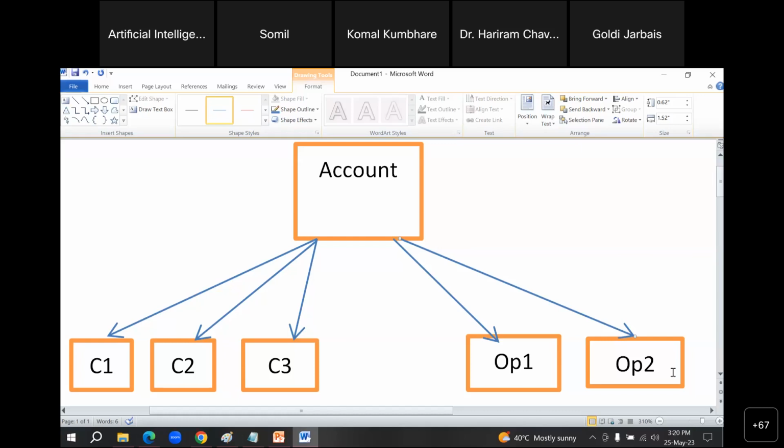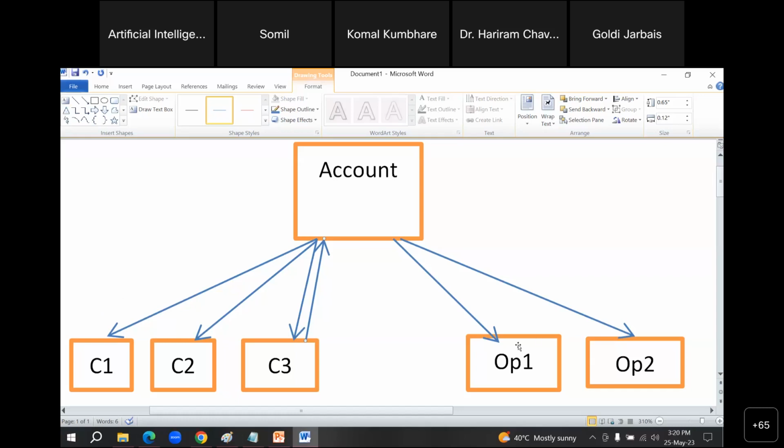But if I am standing at C3 and looking at account, what is the relationship that I have? One-to-one. For C3 with account, that is one-to-one. For account, there can be multiple contacts, so that is one-to-many. So where I am standing, the relationship can change.